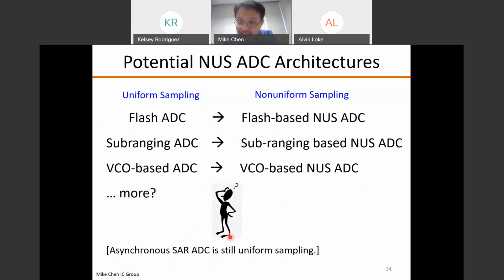So it is not yet a non-uniform sampling. So if you have any idea how to turn that into that, I'll be really happy to see that. Okay,